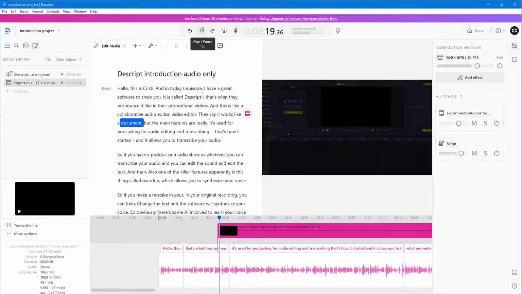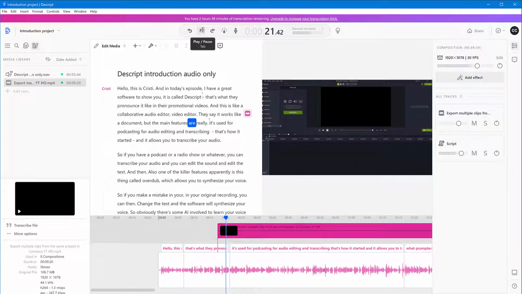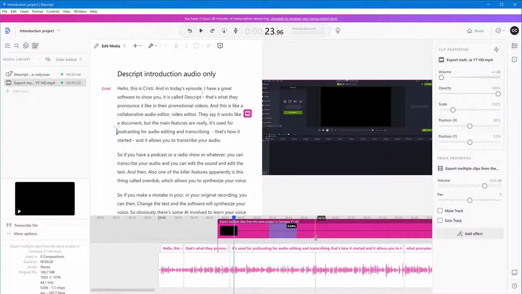They say it works like a document, but the main features are really it's used for podcasting. Okay, so there you go. The video is playing. There's no more sound. So this is how you do it. So if you want to add more